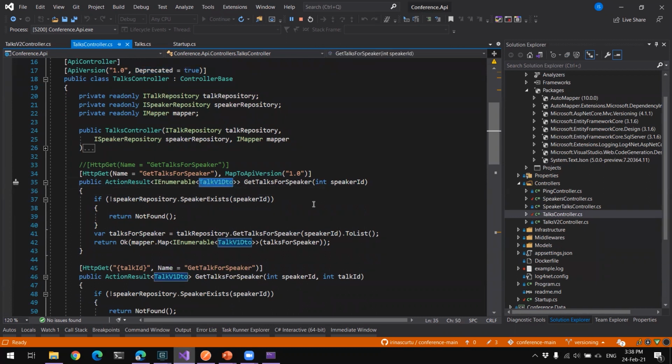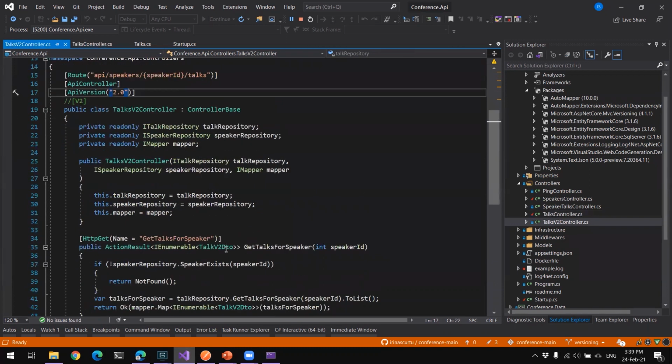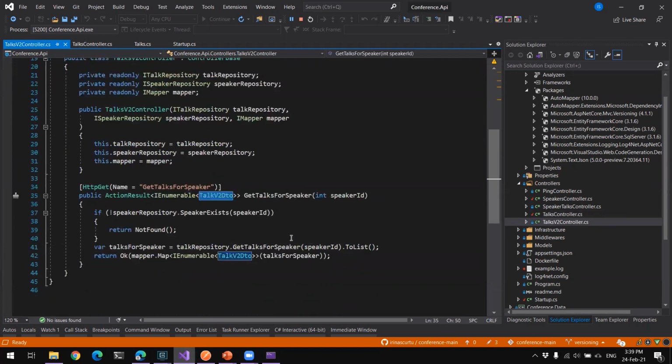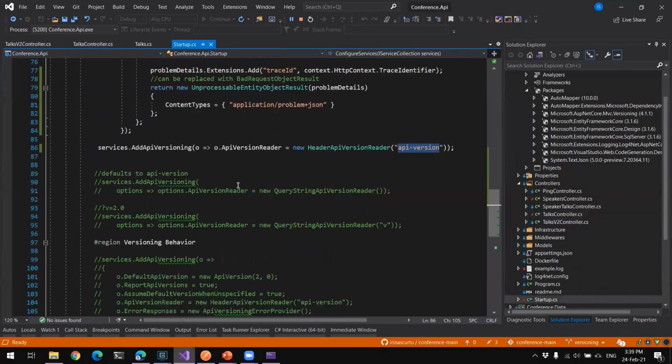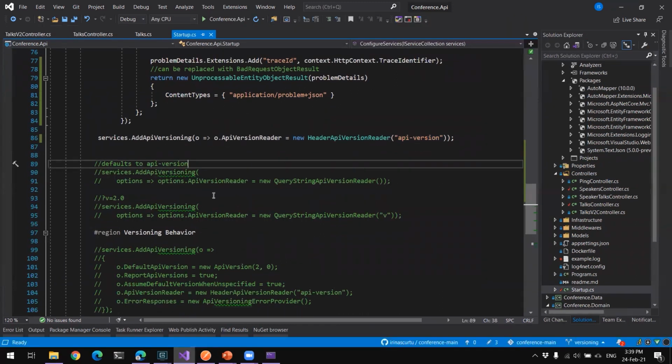You can create DTOs because it's never a good idea to return the entities itself. You can use, for example, AutoMapper. That's a great library. And for V1, you can have talk V1. Nothing stops you to do this. And for V2, maybe you can return V2. Why not? It's still valid. Right. Yeah. And the amount of work is minimal. Yeah. And you're not breaking your clients. And another thing, you can specify the version in query string.